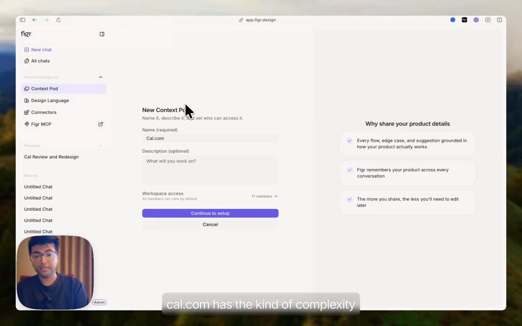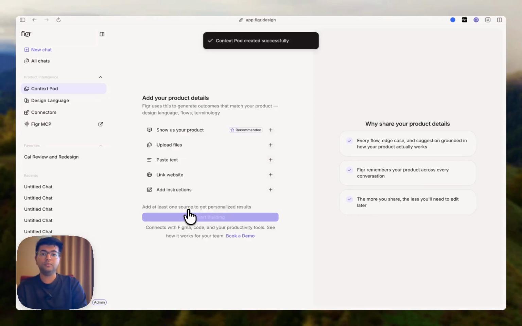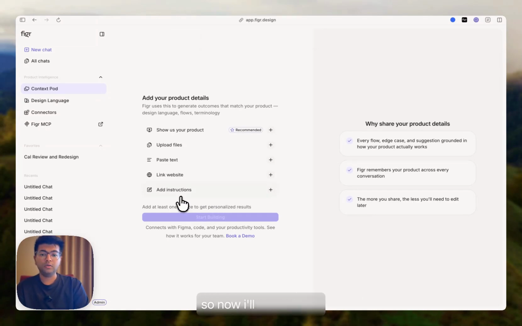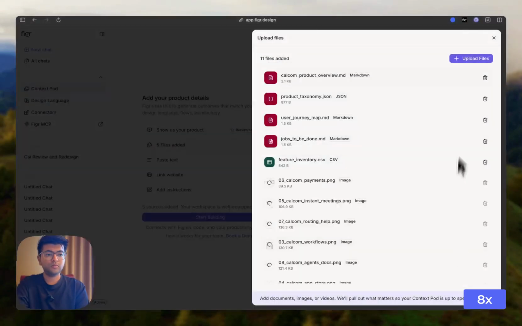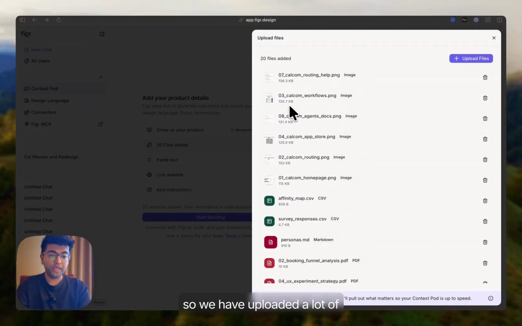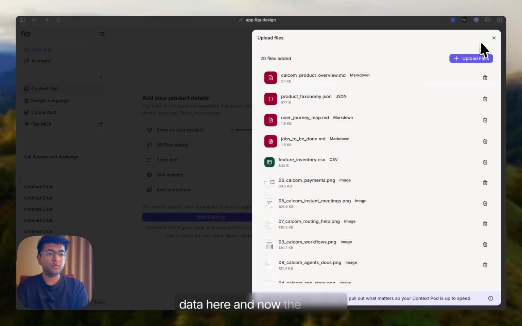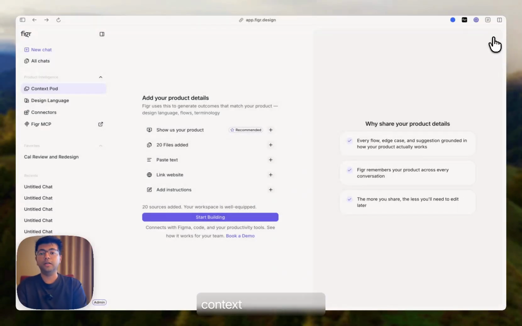Cal.com has the kind of complexity most SaaS products have. The booking flows, availabilities, integrations, settings. So now I'll upload a lot of different type of files that we were able to get off the internet. So we have uploaded a lot of data here, and now the easiest way to set up the product context